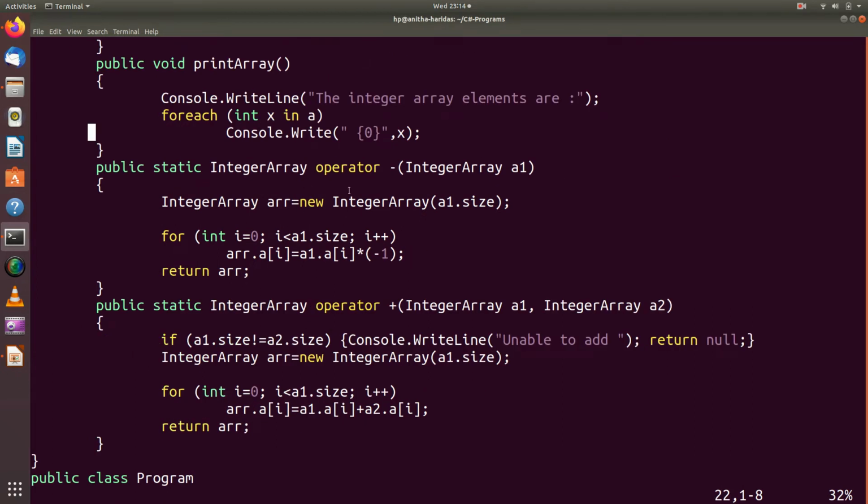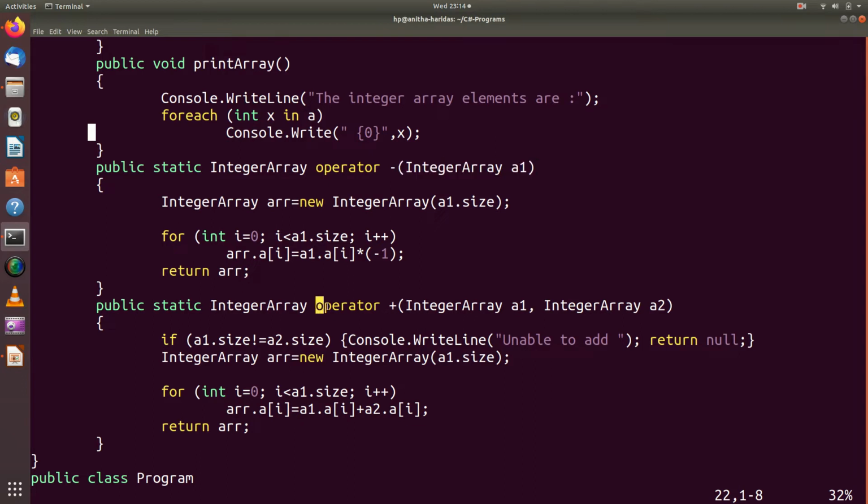Now this example shows you how a unary operator can be overloaded, how a binary operator can be overloaded. So when you overload a unary operator, I am passing only one argument of that particular class, the same class.